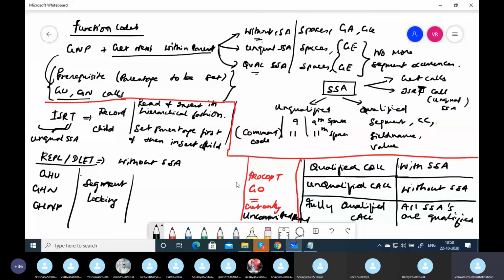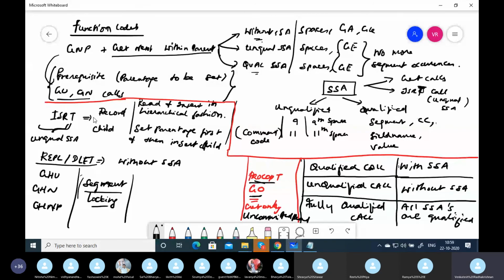When someone reads, no one should update, and if someone is updating, no one should read, because after a second what they are reading may change or may be deleted. So we should not allow reading if someone is updating. But GO is the only call which is an uncommitted read where data integrity is not maintained in IMS DB. For all the other calls, data integrity is maintained.